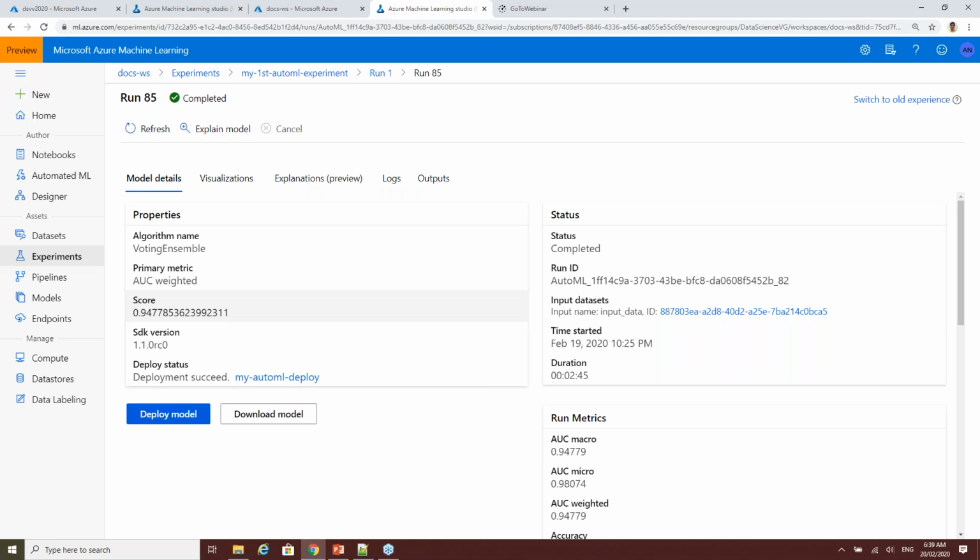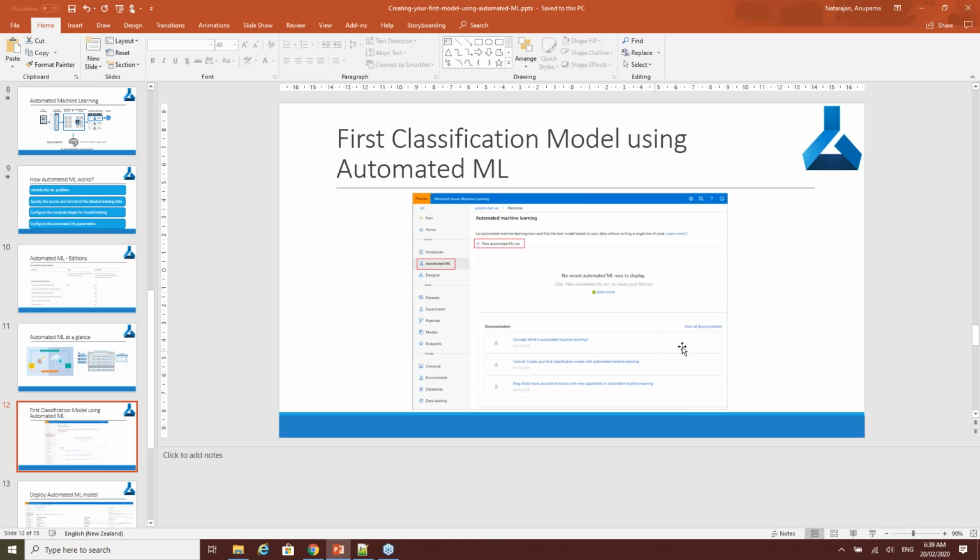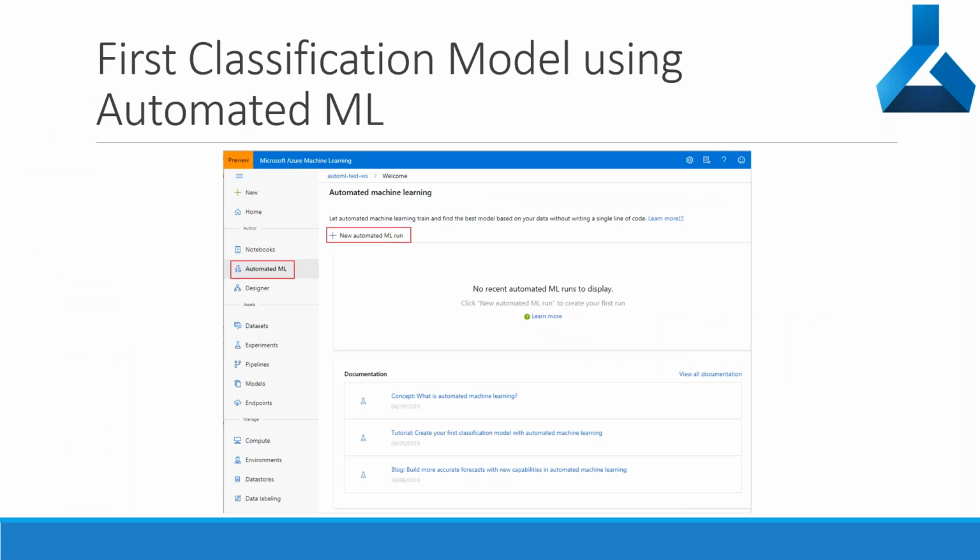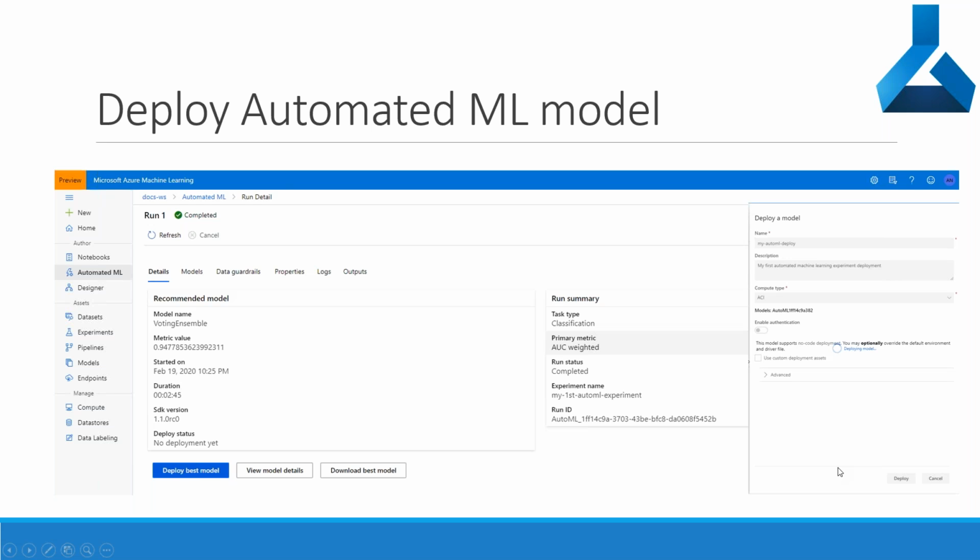Given I have already deployed this model, I've just taken some screenshots because I know the process will take 15 minutes or so to run. This screenshot shows that you hit deploy model, and then you can choose where you want to deploy the model. Currently there are two options.